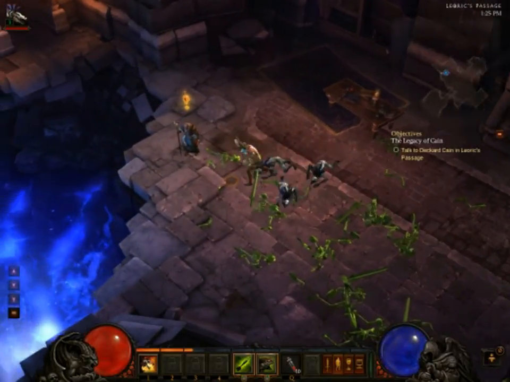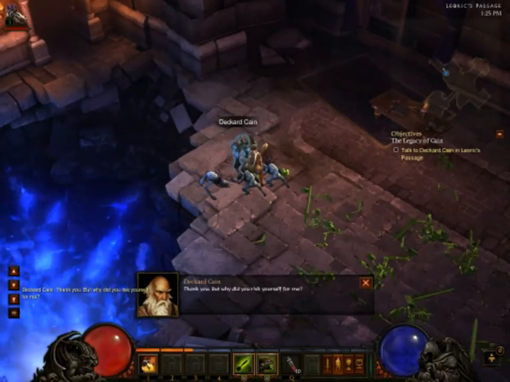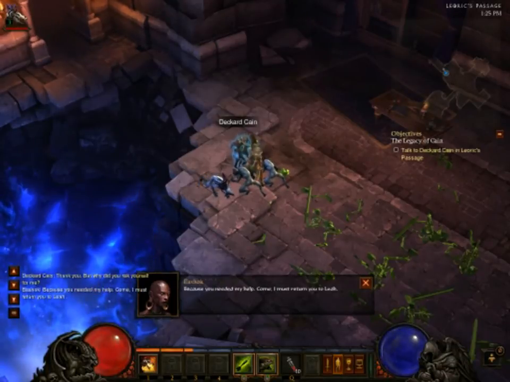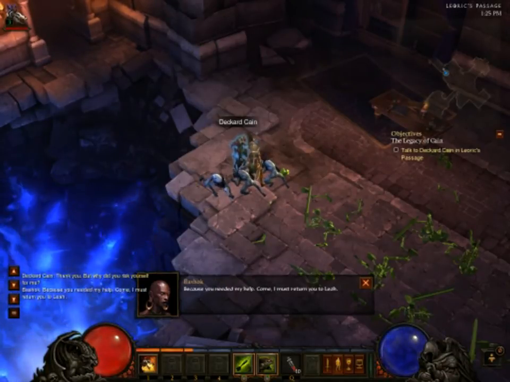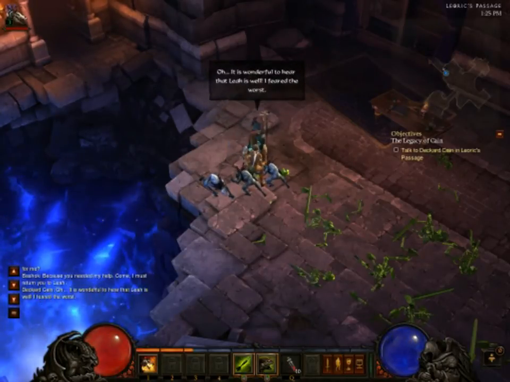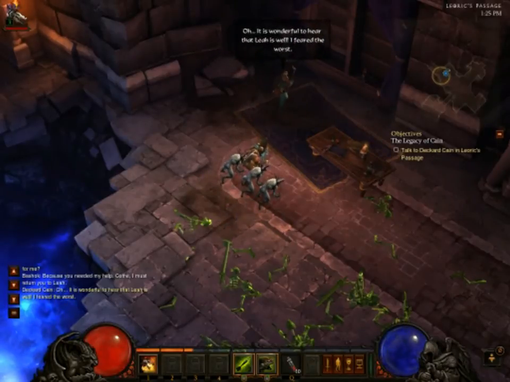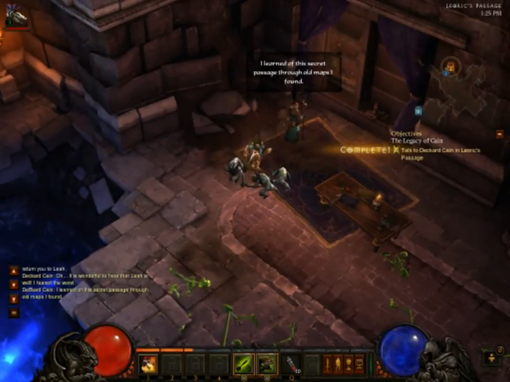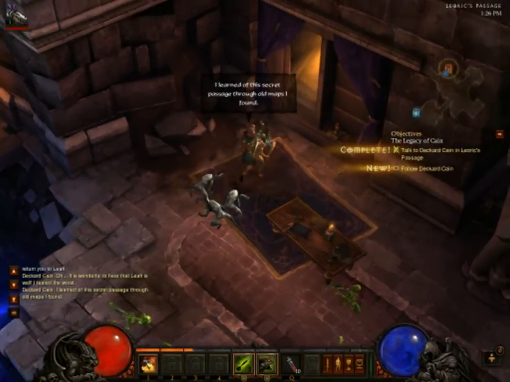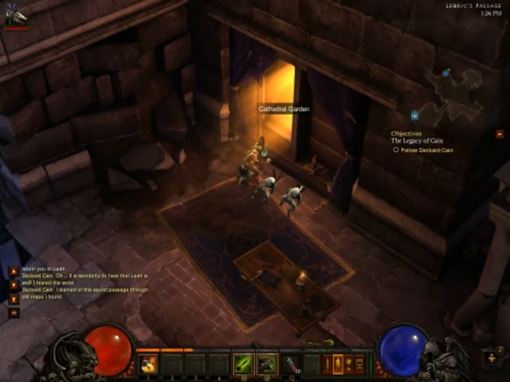As you just saw there, there's a large gate that is an entrance to some of the deeper levels of the Cathedral. You can't get in there right now, so we're going to have to escort Deckard Cain back to town, and then you can continue the storyline to obtain the appropriate item you're going to need to actually get through that door. Now that this particular door is open,